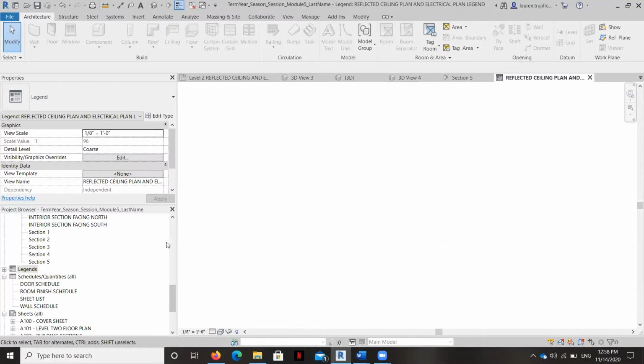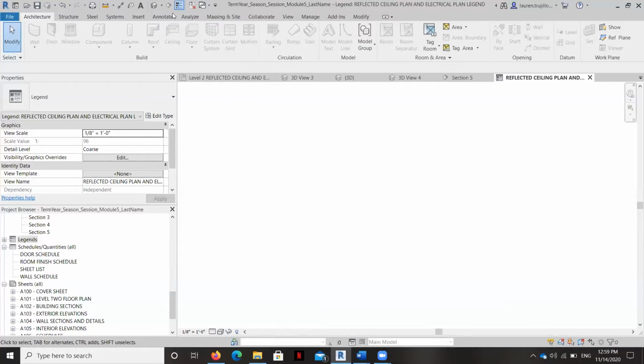It's a blank page. And that's okay because that's what we're going to create right now. It's really just Revit creating an additional view that we can add onto our sheet. So I'm going to begin by just drawing a detail line. And so as we're creating our legend, we're going to begin by, in this video, creating the legend structure and the detail with detail lines and text boxes. Then I'm going to show you how this is going to look on the sheet. Then we're going to place the legend components into the legend and then place the legend on the sheet.